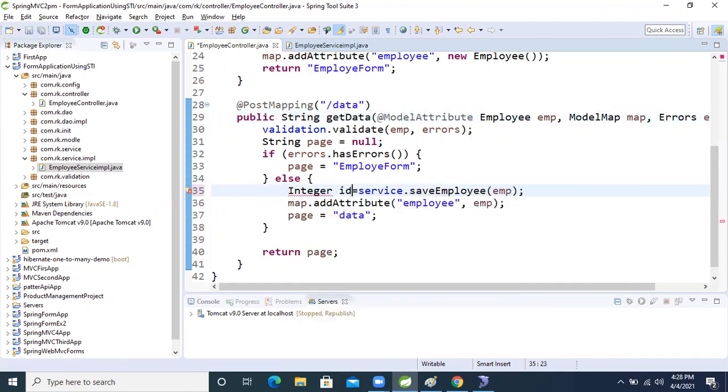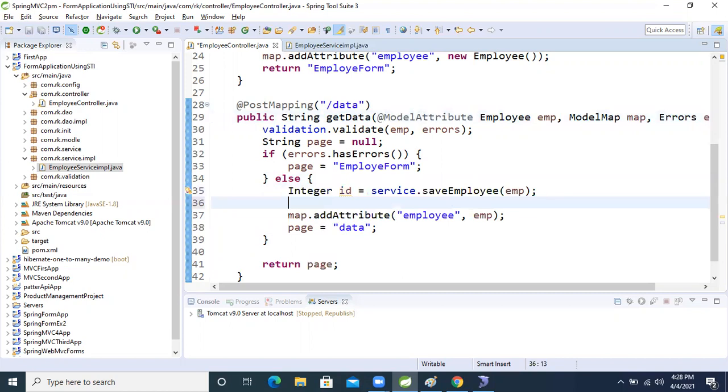After that, we will take a string, emp data, and inside that, employee save plus the id, and then the message saved successfully.